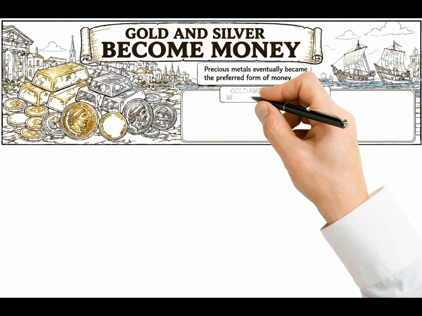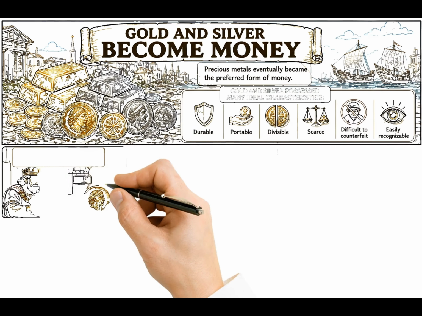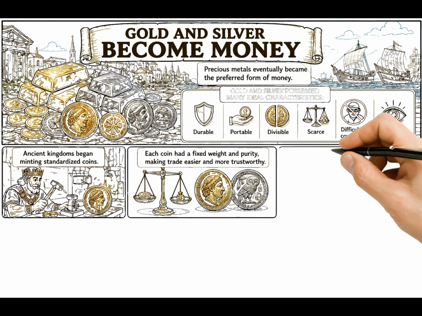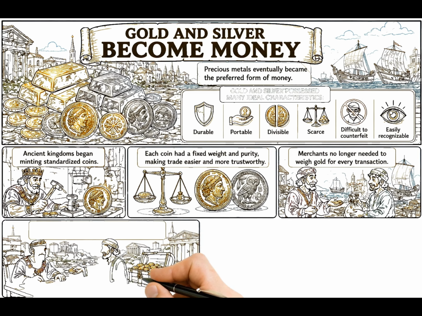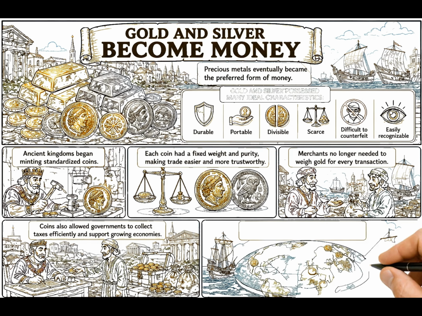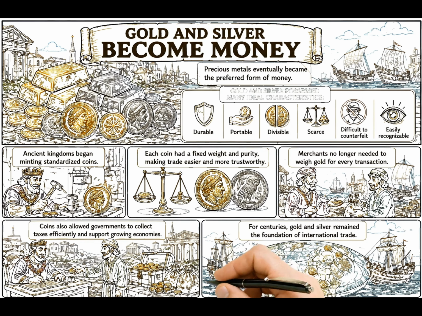For many years, currencies were tied to gold through the gold standard. Each banknote represented a fixed amount of gold, ensuring stability in trade and exchange rates. However, during wars and economic crises, governments needed more flexibility and often printed more money than their gold reserves allowed. Eventually, most countries abandoned the gold standard.